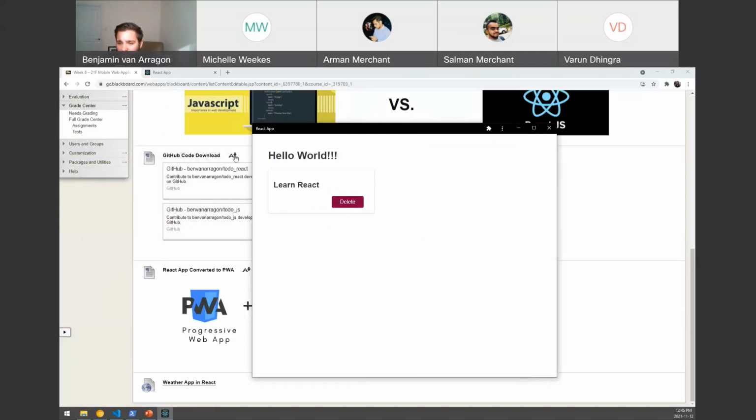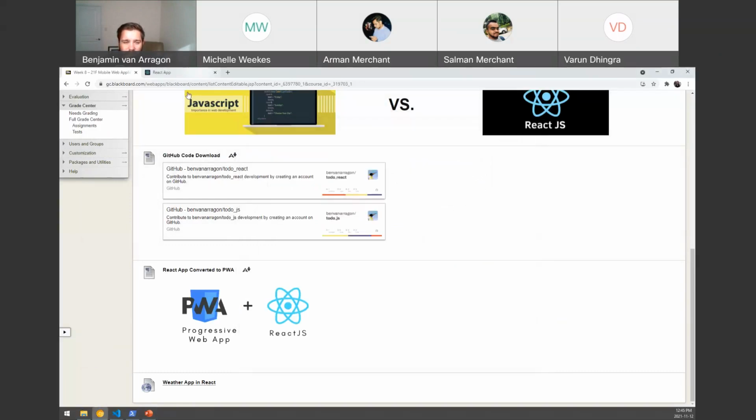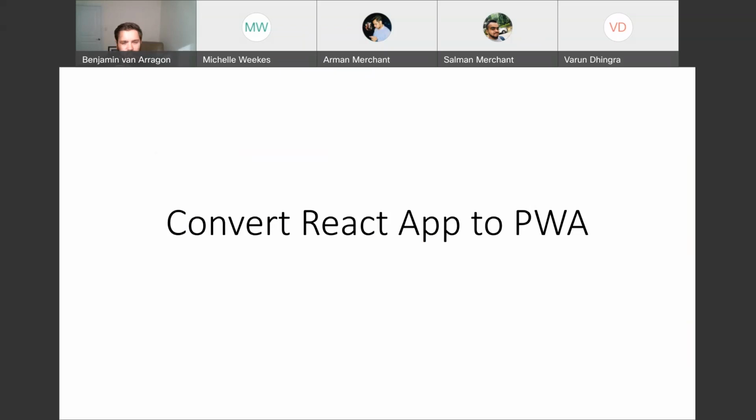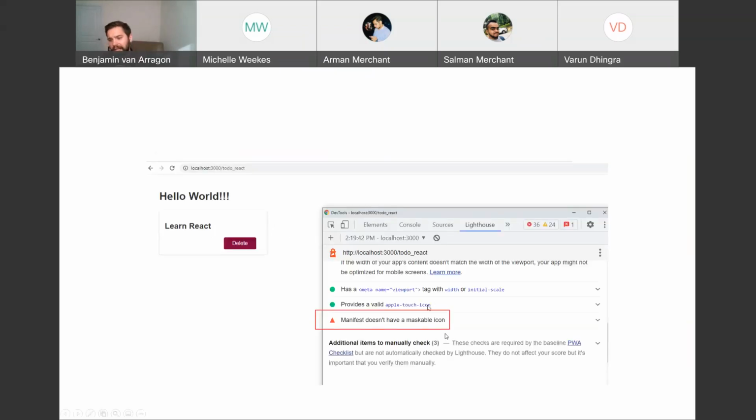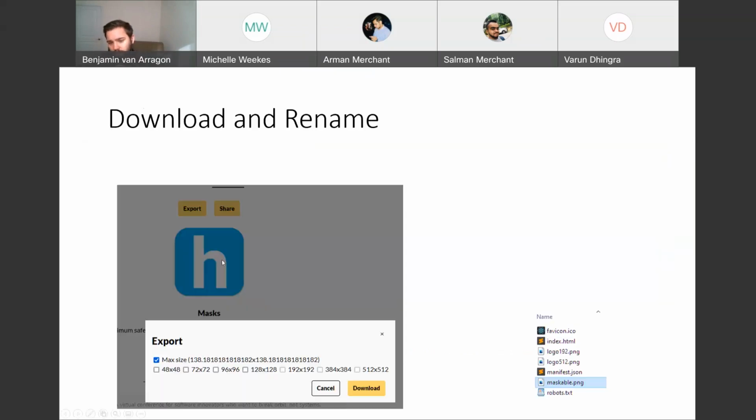We want to be able to have PWAs that are also made out of React to combine the best of both technologies. I'll uninstall it here and remove it, and we're going to learn how to do that with this PowerPoint. So the very first step we can see in Lighthouse was that the manifest didn't have a maskable icon. So we want to make a maskable icon. You can choose whatever image you want, but I went to this website called maskable.app/editor, and I just uploaded an image from one of our previous in-class labs, which was the Hello World. And I uploaded that, and then I just chose the max size for export and downloaded it into